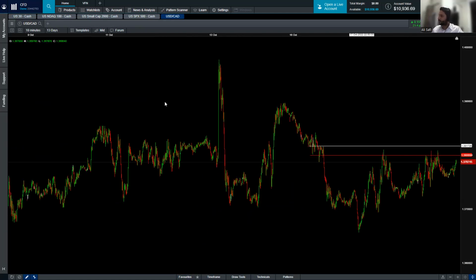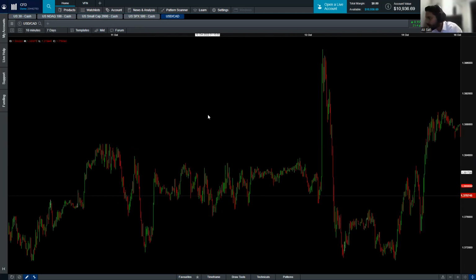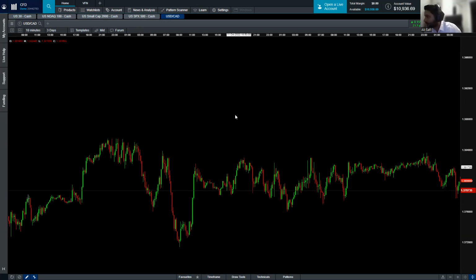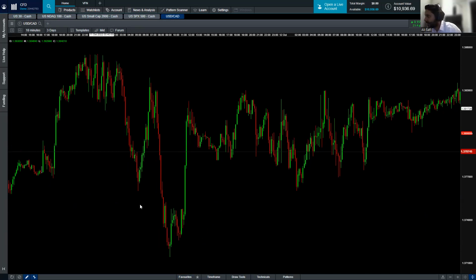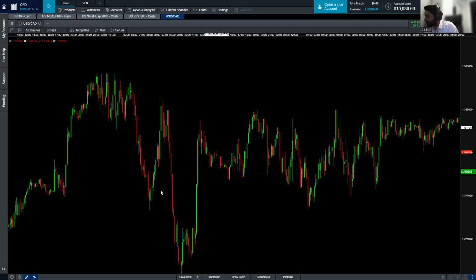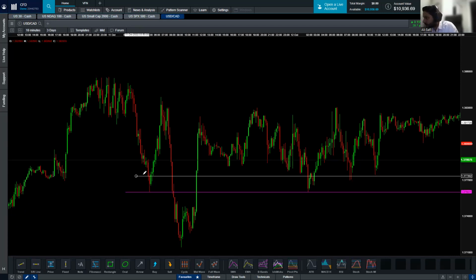So always pay attention to this one. And also look at that. Okay, so this one is a reverse head and shoulders. So this is the left shoulder, head, and right shoulder, right? So when we have something like this, the best place for a position is right there. So we're going to take this, putting it like this, and you see,